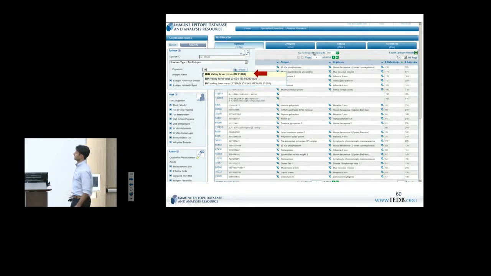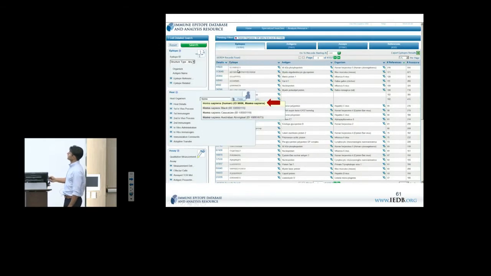So in this case, I'm going to use the search fields on the left side to define the source organism of the epitope. In this particular scenario, what you see in the screenshot is just using the Google-style autofill and the suggested organism that comes up. But of course, the finder could be employed as well to see a hierarchical view or related species, and choose higher nodes, as Carrie had pointed out earlier. In any case, when the organism is selected, you see right away that